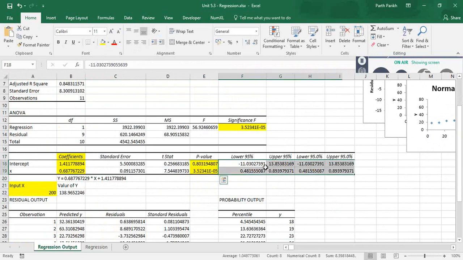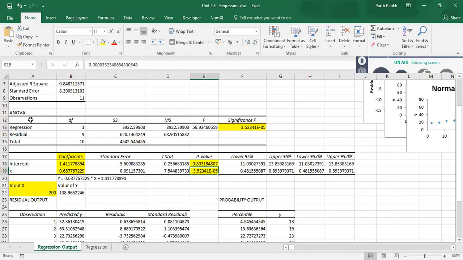And lower and upper 95%, which is plus and minus 2 standard deviations or 3 standard deviations, which Excel directly gives. So when you plot a normal curve, it is plus or minus, what is the variance in the output is basically given by lower 95% and upper 95%. Now, p value, again it is